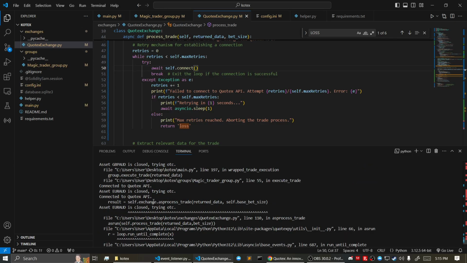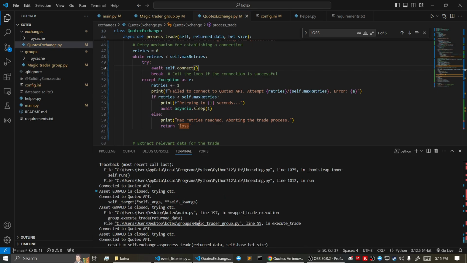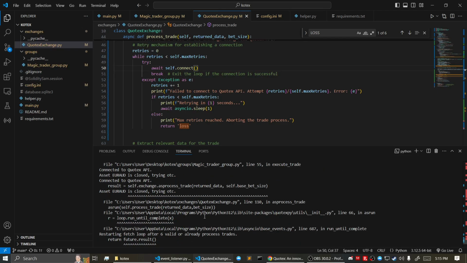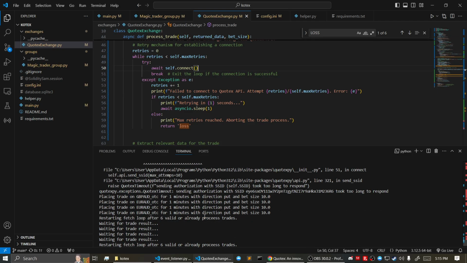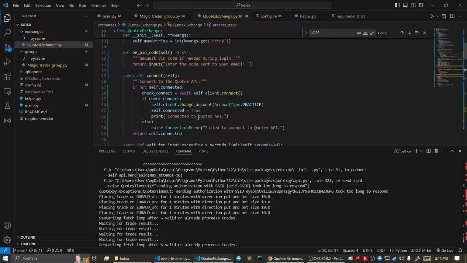Do we see this? Group. Dutch. No, it's not it. So connect here,